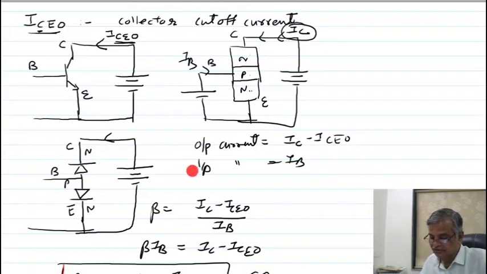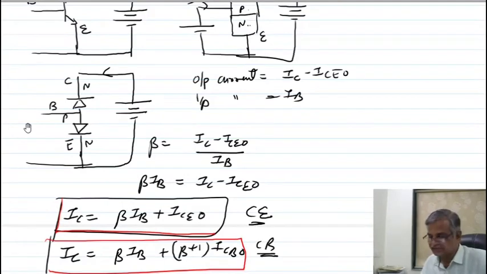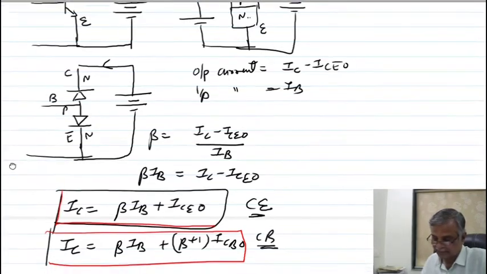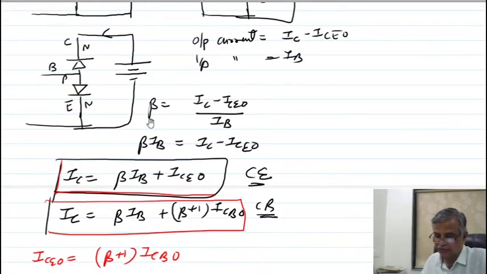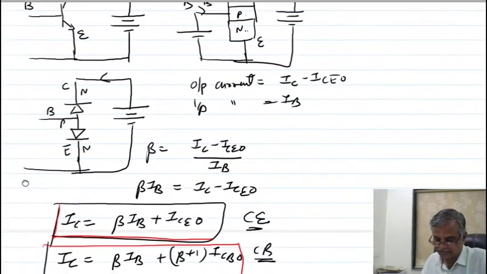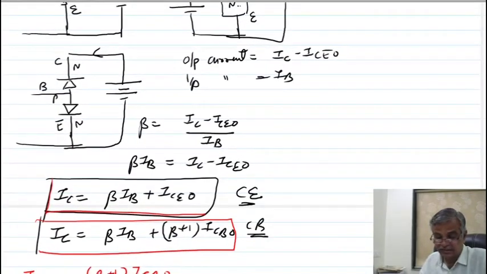Okay, this is output current, this is input current. So I can write this equation. If someone says I want to ignore this, you can ignore it, because this is very less. So you can ignore it in this, and in the previous section also you can ignore this. So I can write output current upon input. Here I have not put the minus sign, remember, because both the currents are coming in the same direction, going inside. In the previous case I put the minus in alpha. So these equations simplify this.